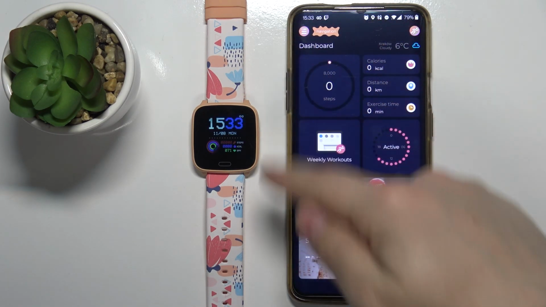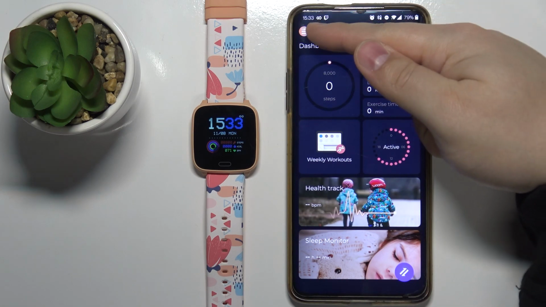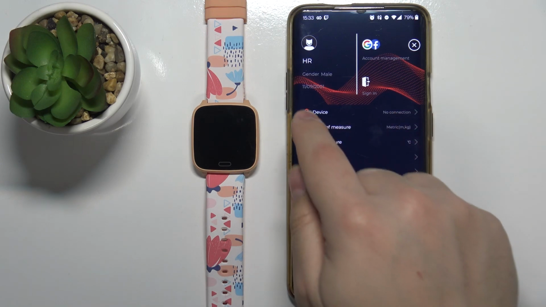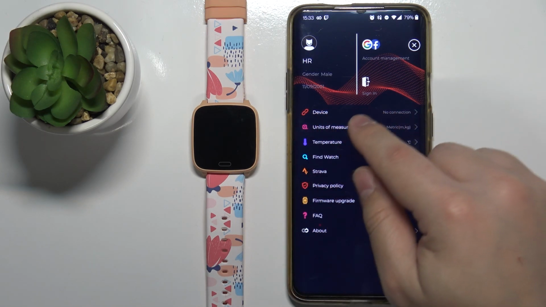Once the devices are paired, open the Forever Go Fit application on your phone. You should see this dashboard page. On this page, tap on this icon right here to open the menu. And you have the device option right here. And it should say